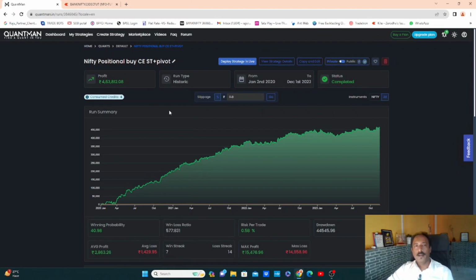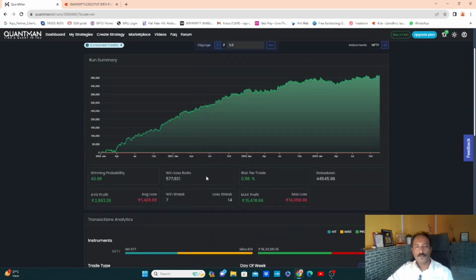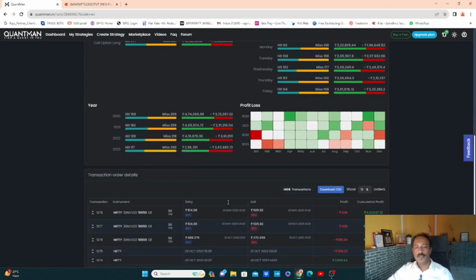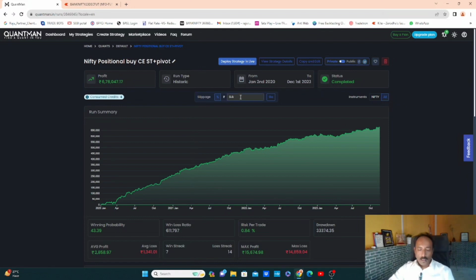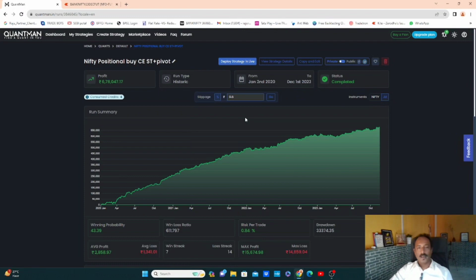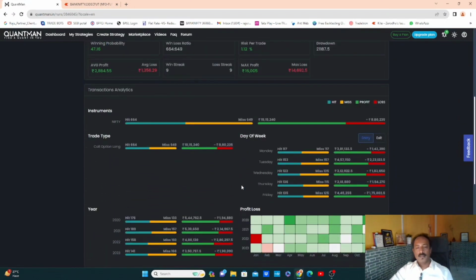Still it is profitable, because the cost of this strategy is buying, right? If you are buying 500 rupees premium, 25,000 is the requirement. So with 25,000 of investment, in 2020 you have made this, and all these are charges. Slippage is not mandatory to be 0.8. It can be 0.5 as well. If you can control the slippages, the profitability increases. As the number of trades is very small, the slippages will be less. We can consider the slippages later as per your trading style. If there are more trades, there will be more slippage.